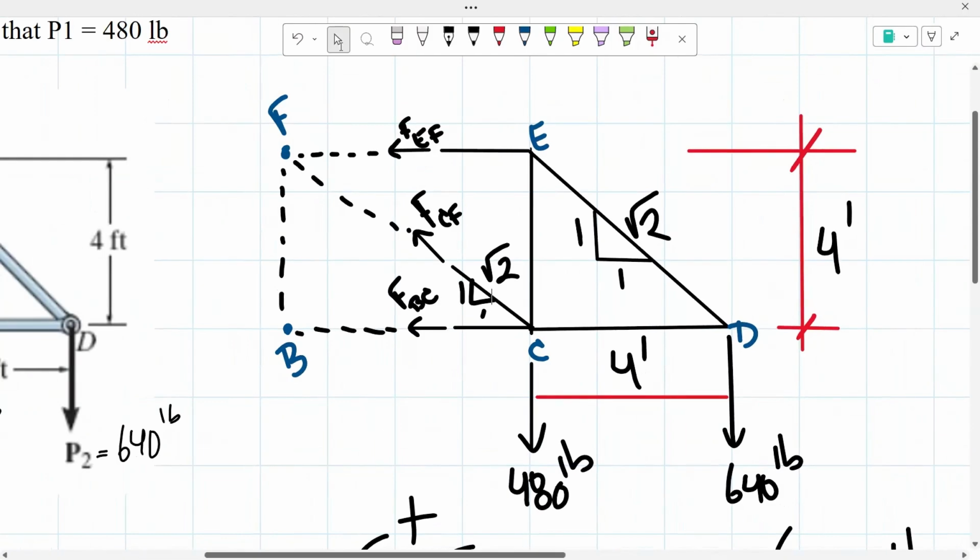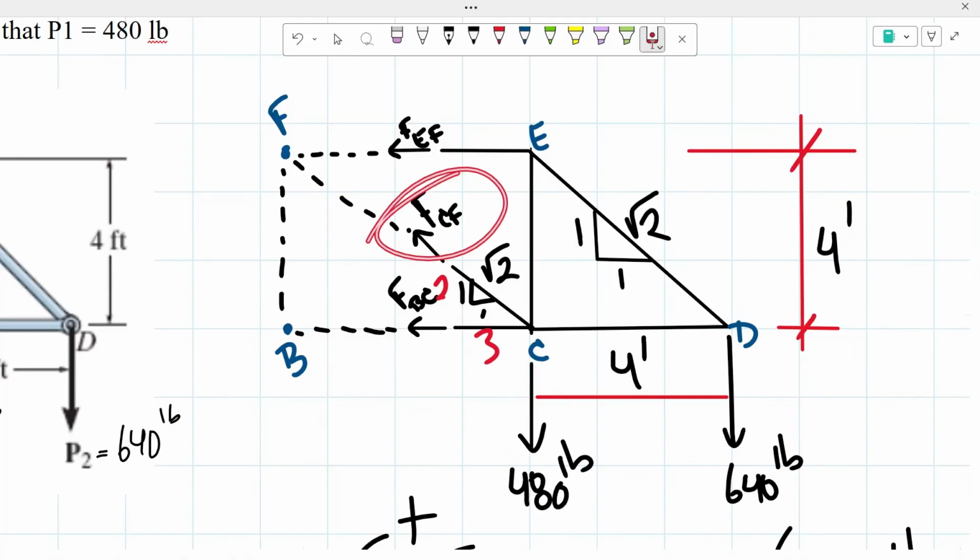So to determine that vertical component of the force CF, we're going to be multiplying the force of CF by 1. Now, in this case, you may get confused since both of the sides are 1, but let's say if this had a value of 2 and this side had a value of 3,